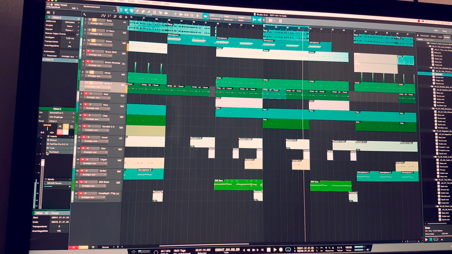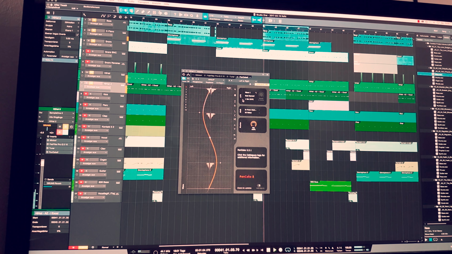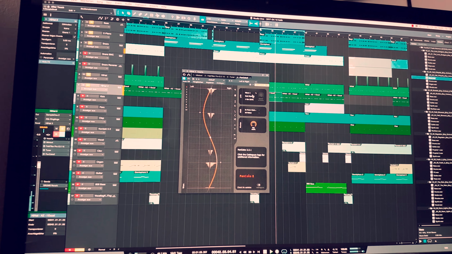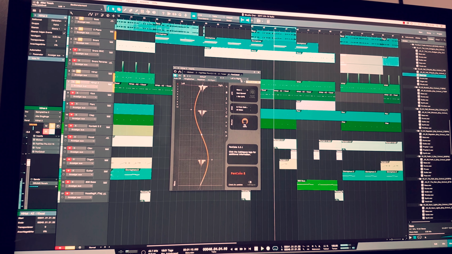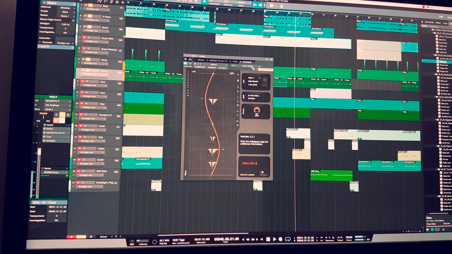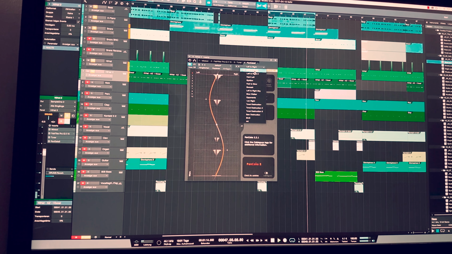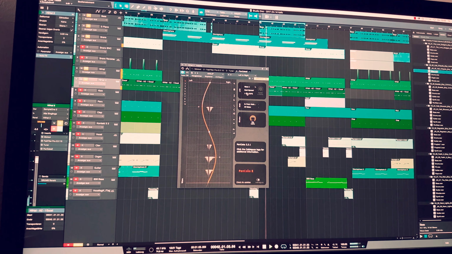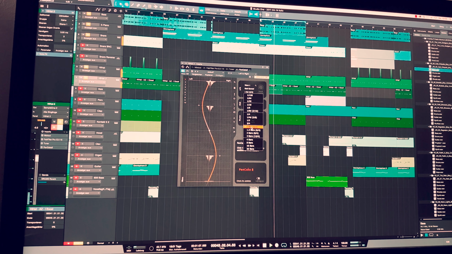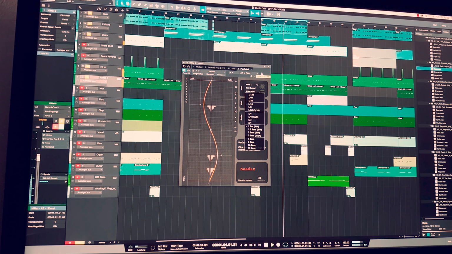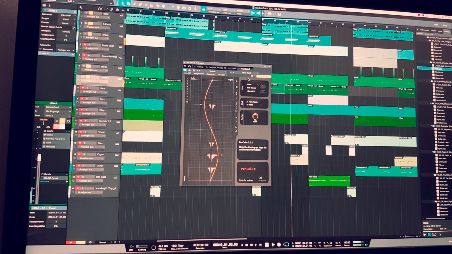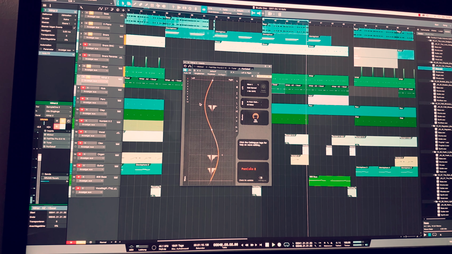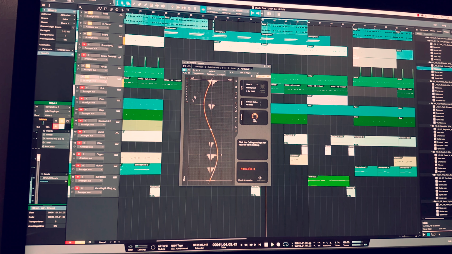The next plugin is personally one of my favorites. It's Pancake 2 by Cableguys, and what it is, it's basically a pan modulation plugin. What you can do with it is basically draw in all the different automation curves manually. You can choose from the great presets, you can set the length of the effect, and yeah man, I use it on almost every beat and it's pretty cool. And by the way, it's free, so definitely go grab it.